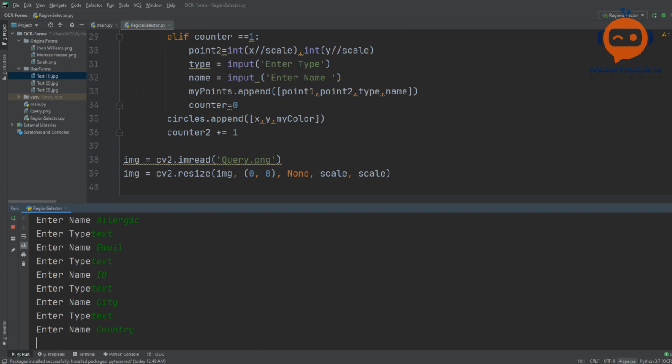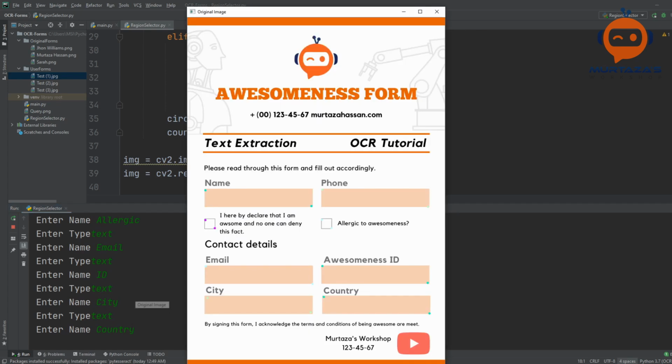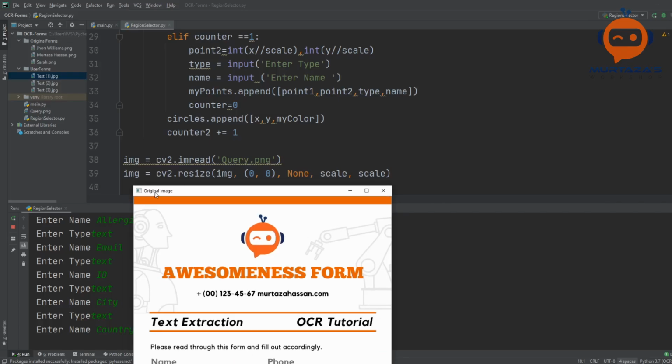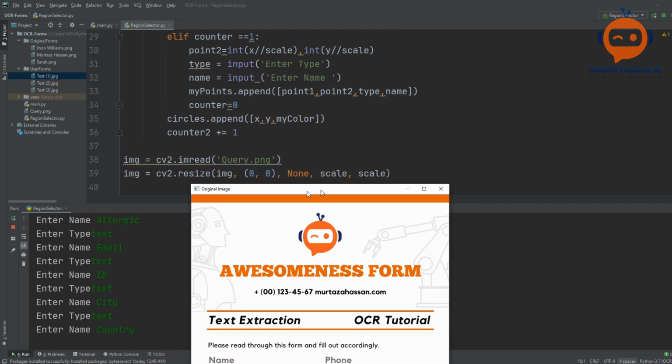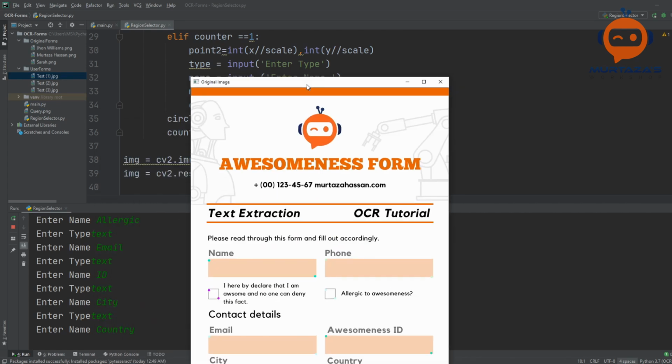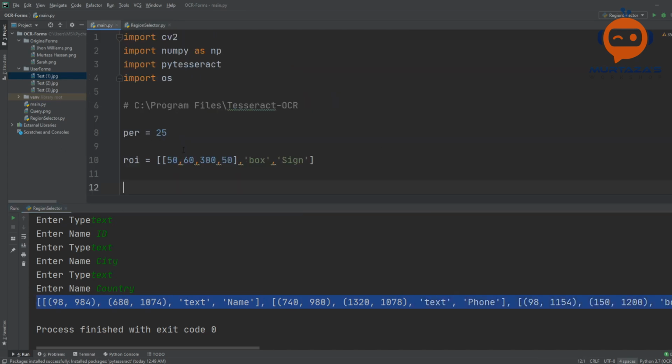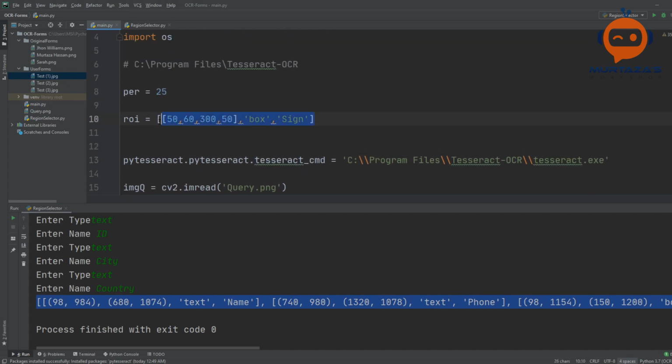Now this part is very, very important. I know I will be receiving a lot of questions about this, so I'm explaining this very slowly. Once you are done, you have to click on the top part here where it says original image. Click on this part and press S on the keyboard. Once you do that, it will generate all the information for you, and you can double click it and copy it back to the main part. So here, instead of RY, you can just paste this here,